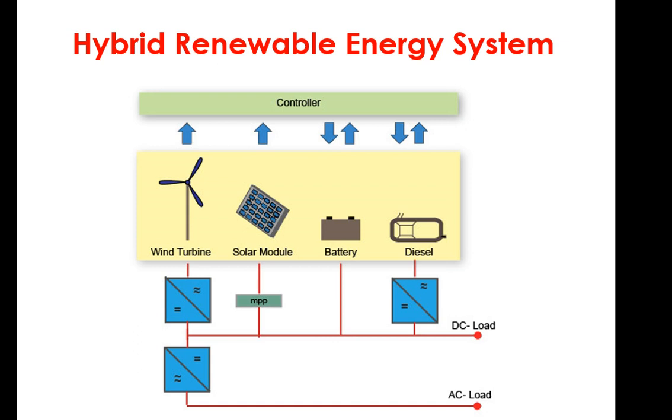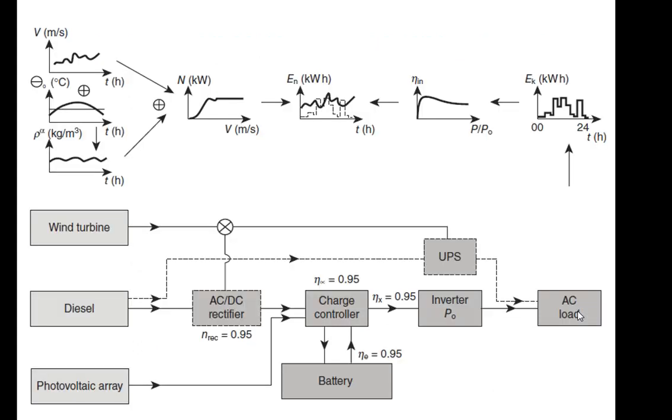In a similar case, that could be there over here, and this 1, 2, 3, and this is an on-off switch with the diesel generator. So if at all you need it, you can turn it on and turn it off. Then all the three sources are supposed to operate at the same voltage level. So this is the main challenge we observed in the hybrid energy system, and then it is converted into AC again.